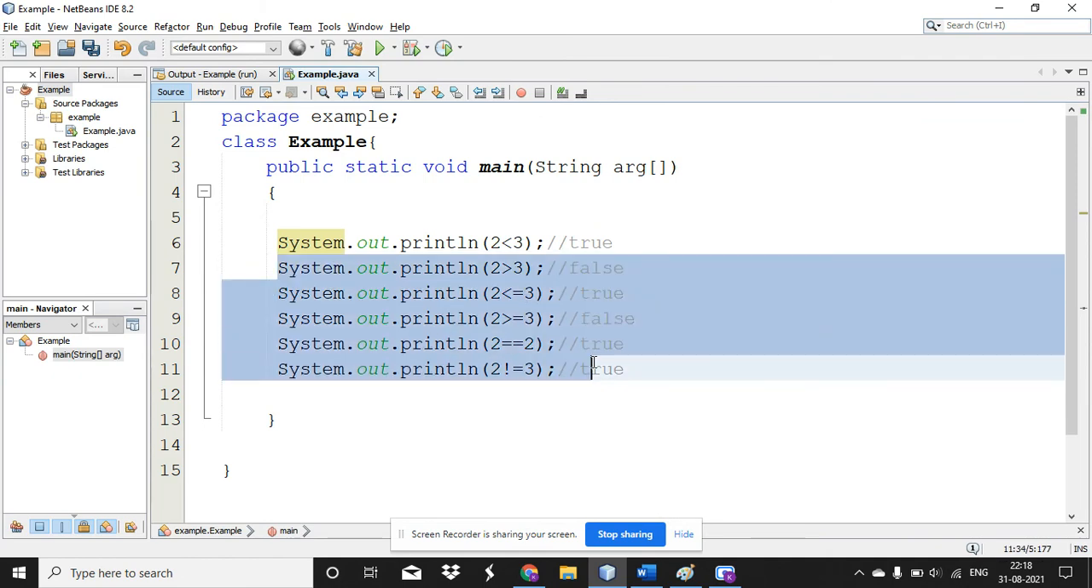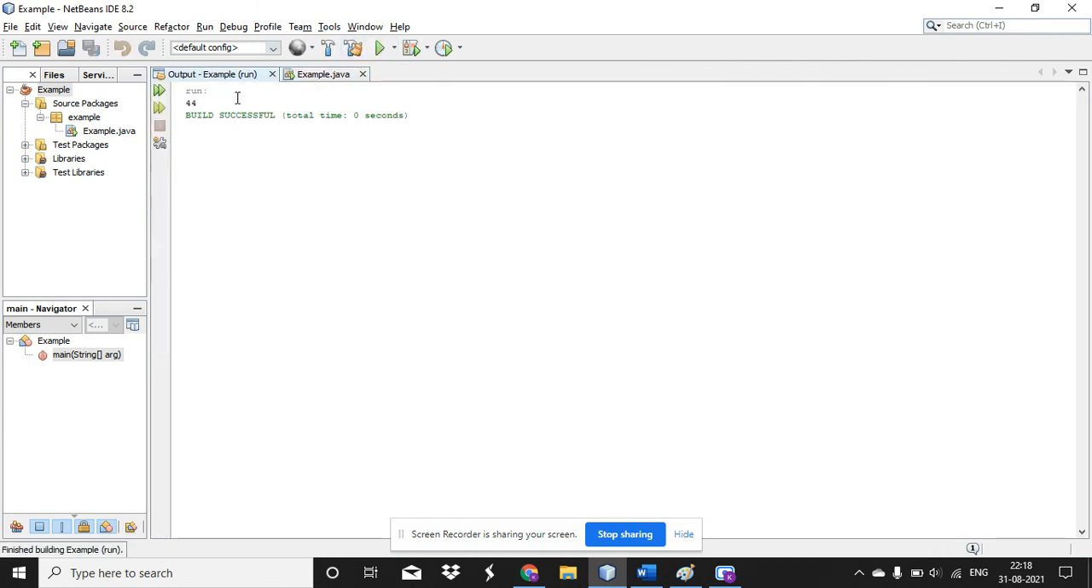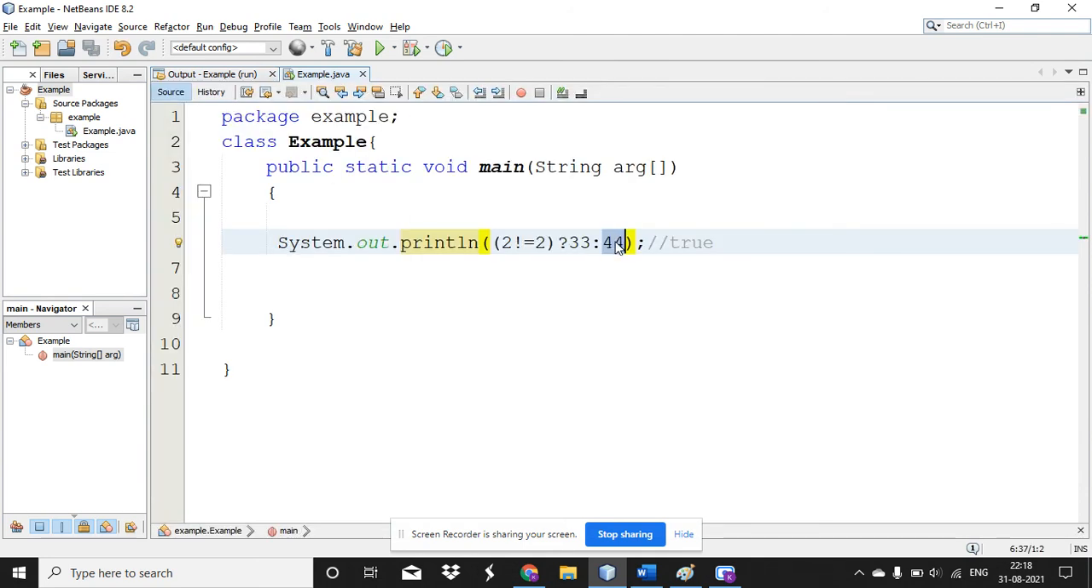And I'm taking the IDE and I'm typing one condition. The condition is 2 not equal to 2. Fine. Now I'm putting question mark here and I'm printing 33 colon 44. Yes, so here if the condition turns to be true, then it will print 33. If the condition turns to be false, it will print 44. Yes, so here 2 not equal to 2. It is a false statement, so it is printing the one which is at the end, the value which is